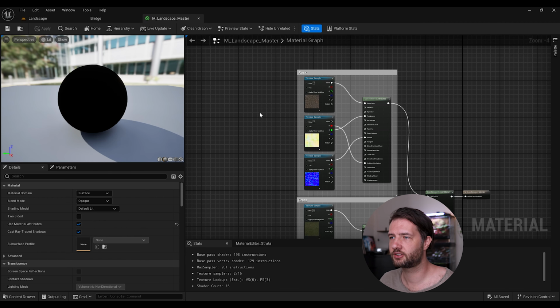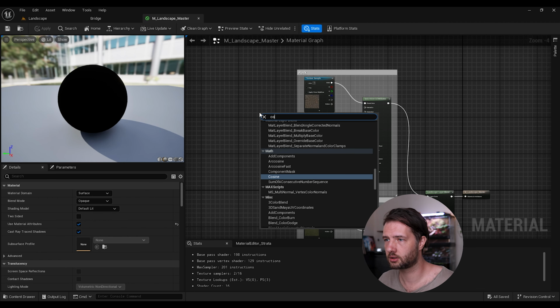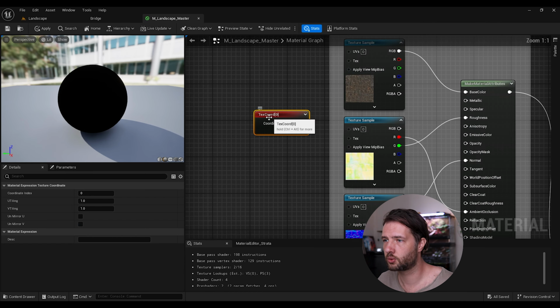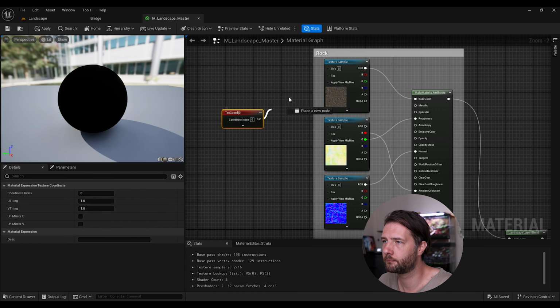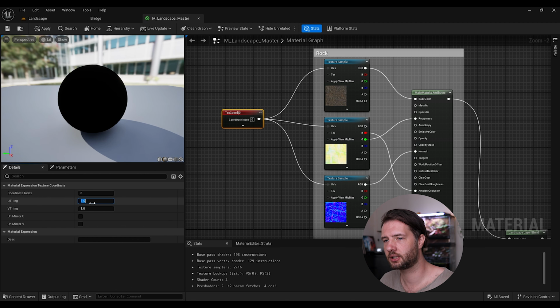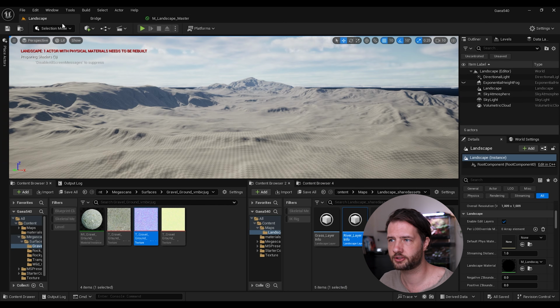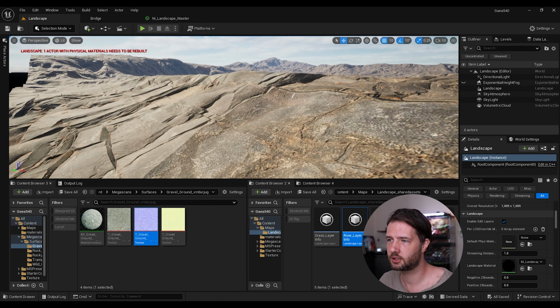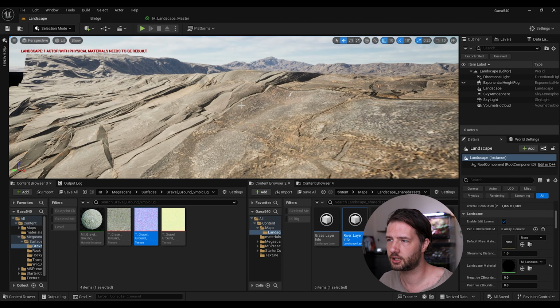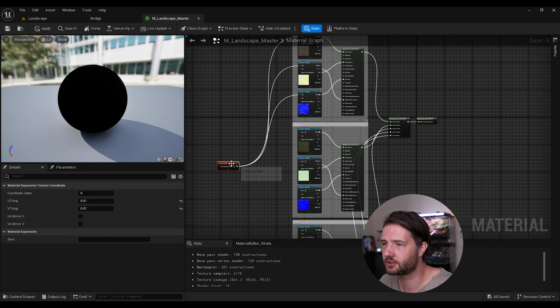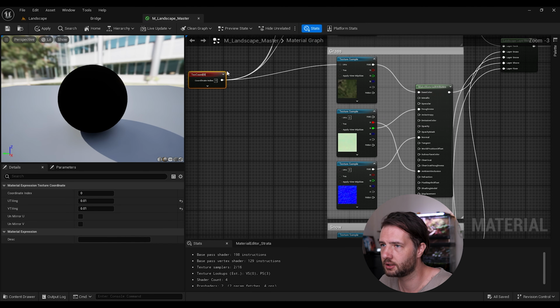So what we can do to fix it is to add a texture coordinate. And we can input this in UVs. And we can experiment with the number. I know they're usually tiling like 101. I think something like this usually looks good. Let's check. Yeah, this kind of looks good. You can tile it bigger or smaller if you want, but I think this looks pretty okay for the tiling. Again, you can play with that number. And then we can just grab this texture coordinate and we can just apply